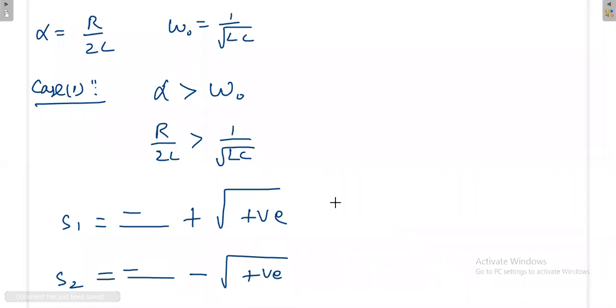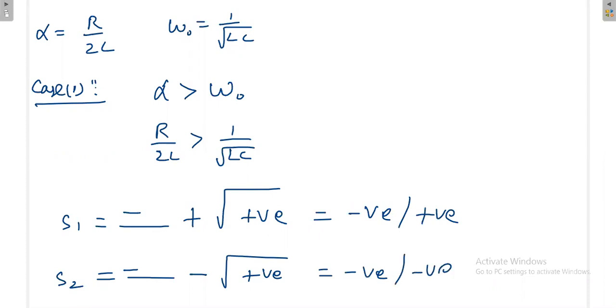Now tell me, finally what could be the answer? Is it negative or positive? In the second case, definitely you will get negative only, because negative minus negative is negative only. Positive is not possible. But what is the first case? Either you will get positive or negative. Anybody, any idea?